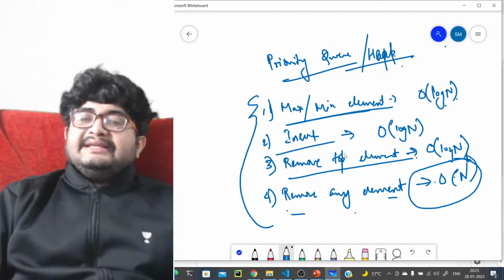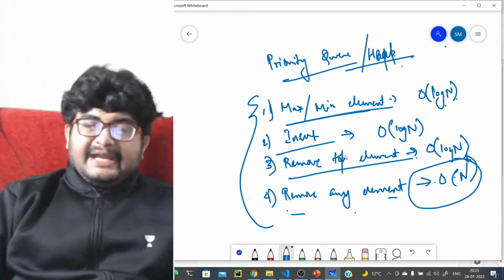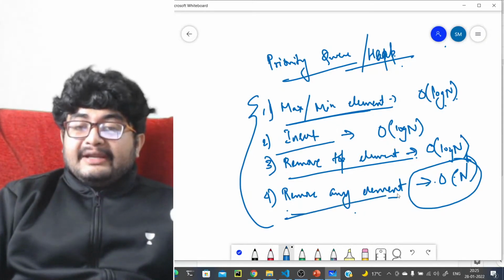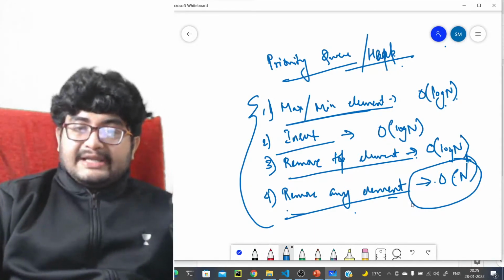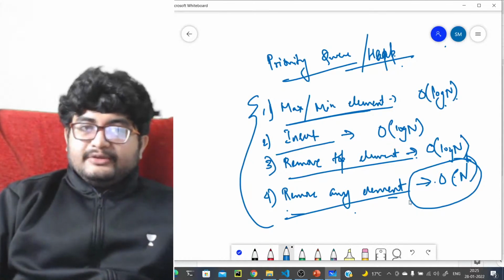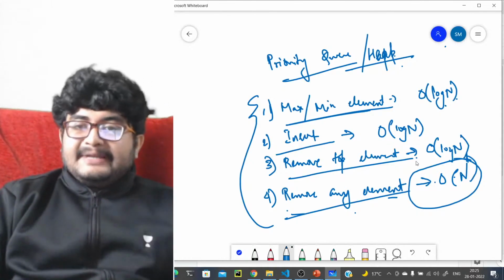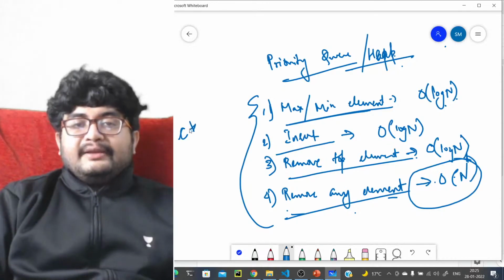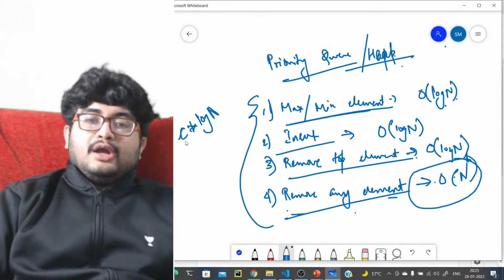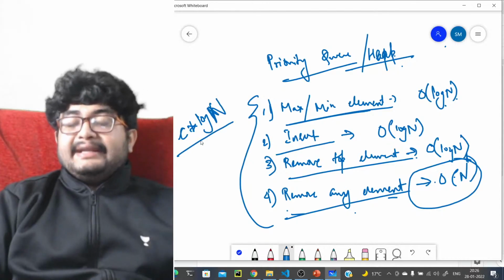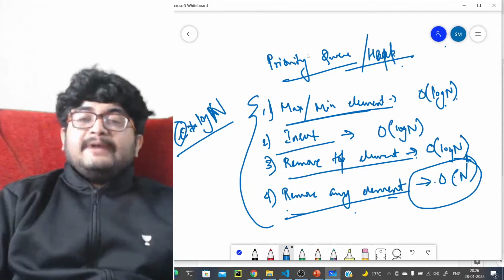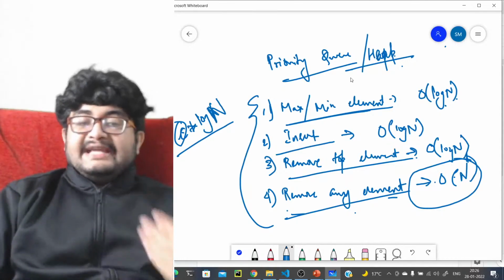these are all the things that actually a set can do, a map can do. All these things a set and map can also do. And in fact, you can remove any element from them in much better complexity. So why should you even use a priority queue, or why should you even use a heap? That is because all the complexities that I'm talking about here, they are some C into log n, where C is a constant factor that is hidden. This is called the hidden factor. This hidden factor is much less in heap compared to set or a map.